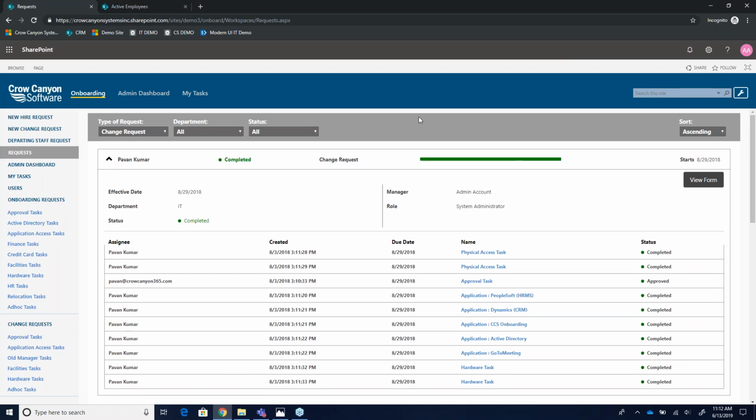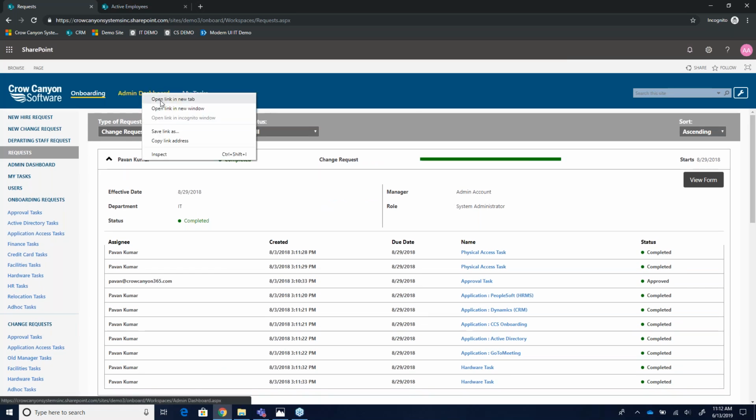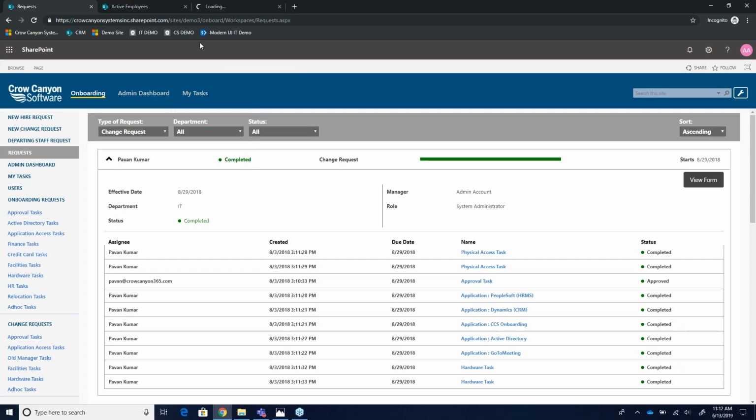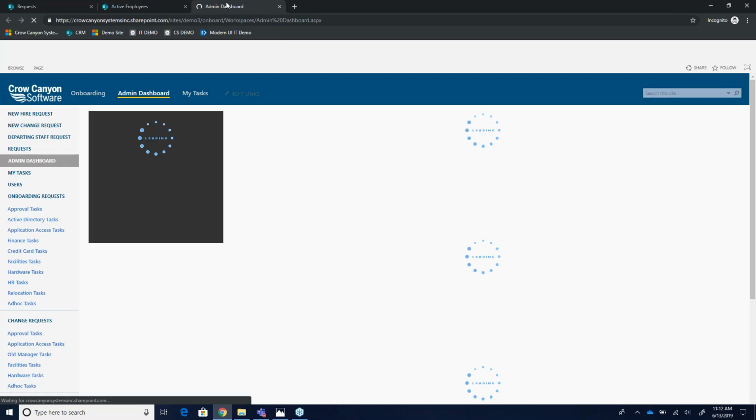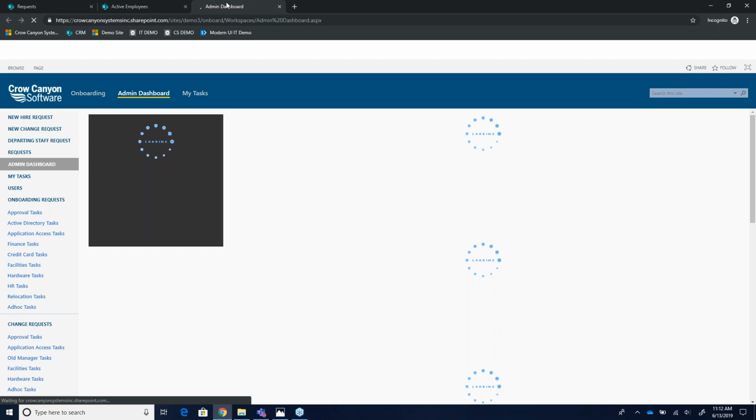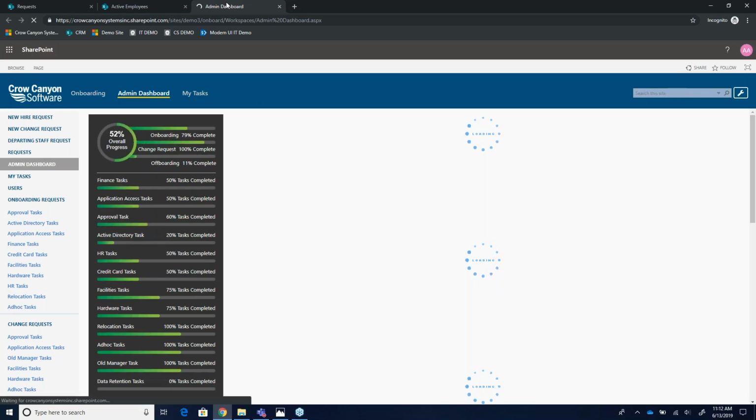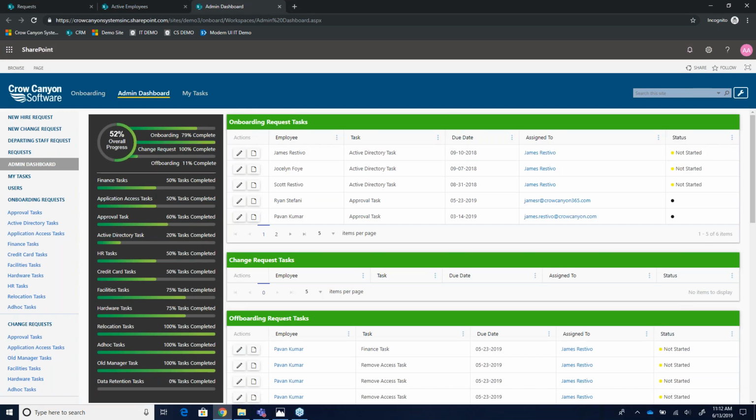Okay. Now I'm just going to take a side step before I go into departing staff request because I like to touch on this dashboard. So our admin dashboard, it's actually one of my favorites in our applications. We have 9 or 10 applications. I can't remember off the top of my head, but this is one of my favorite workspaces, just from this reporting view on the left-hand side here. So it just gives us a nice overall view of what's going on with all of our